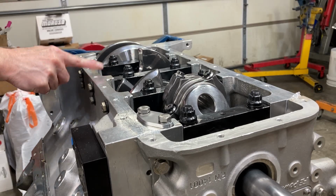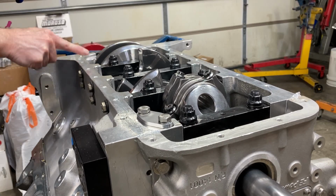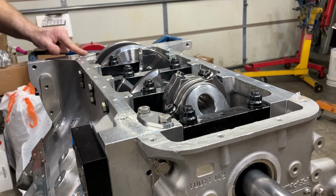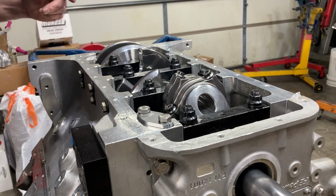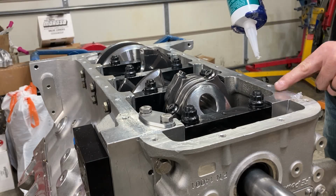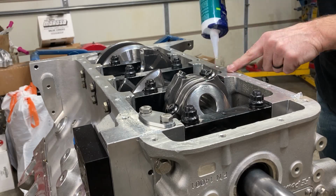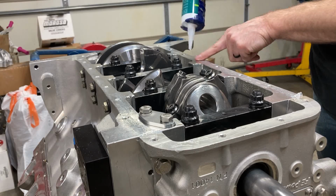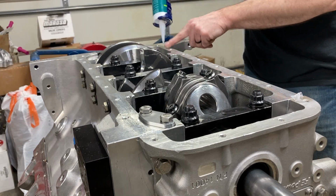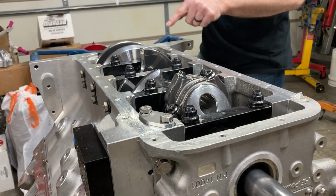I would recommend absolutely using any type of sealant that you feel comfortable with. This is my Dow Corning 732, and you really want a good seal between the oil pan and the block. If you don't, then it's a possibility you can lose vacuum from your dry sump pump. Not sure what it'll do on this aluminum block, but the AVA dry sump pumps usually will pull almost 15 pounds of vacuum on a cast iron block. I know some guys report having issues with circle track engines and stuff pulling vacuum just because of the blocks